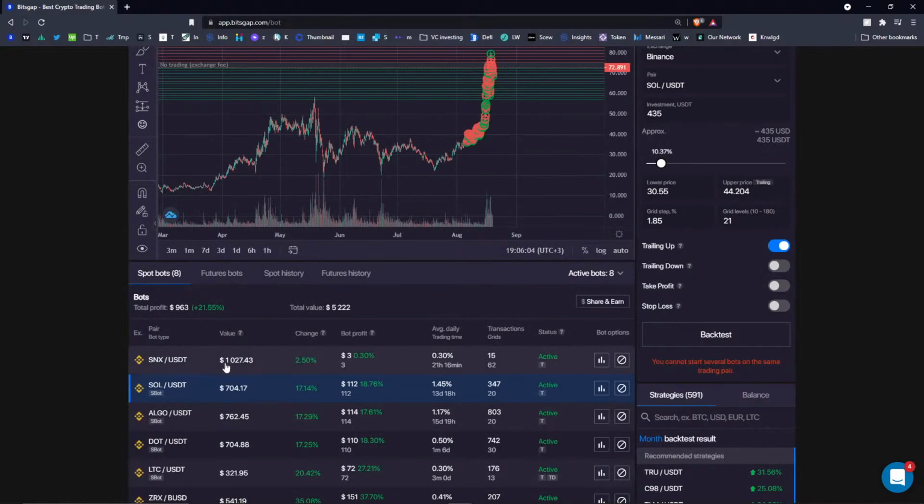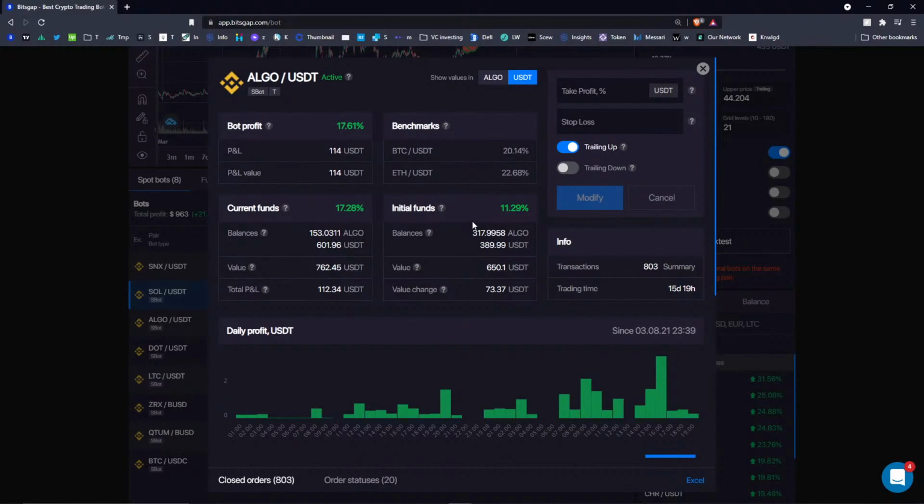For example, if you look at Algo, in my case my bot strategy made me more money, 112 compared with $73. So that's the thing: you can compare the results of your initial funds, what would be the outcome if you would just hodl that amount of Algo and that amount of USDT in your portfolio, and what would be the return if you launch the bot with these settings. The current balance would be this one, and